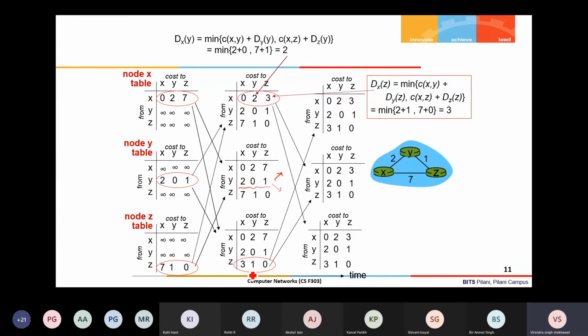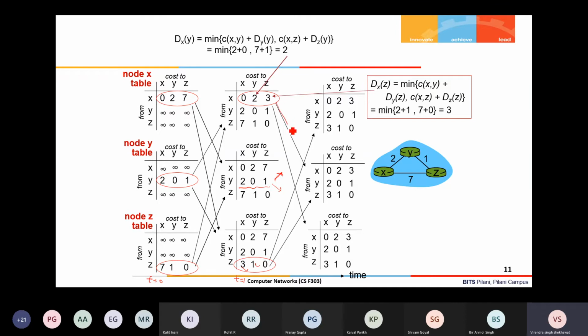So this was at t equals 0, this is at t equals 1, right? At t equals 1, node Z's least cost has changed with respect to X, and node X's least cost to Z has also changed from 7 to 3. Because that change happened, they will send this updated information to their neighbors.